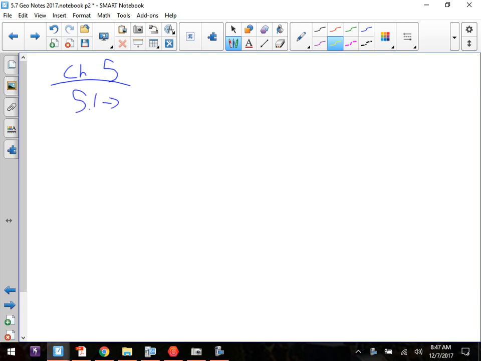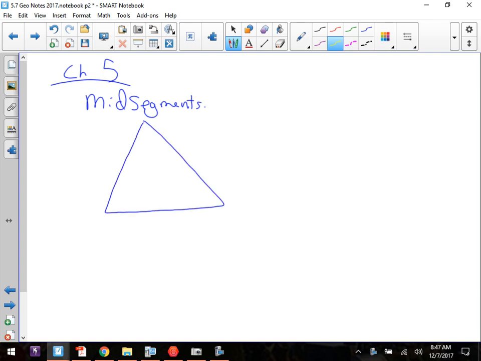5-1, I believe we started with, I don't even know what the section was, but I know we did what's called mid-segments. Now, mid-segments in a triangle are the segments that connect the midpoints. That's why they have the word mid in them. Now, when we dealt with mid-segments, a lot of the stuff that we looked at